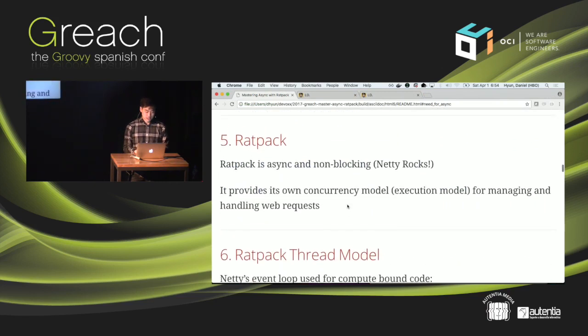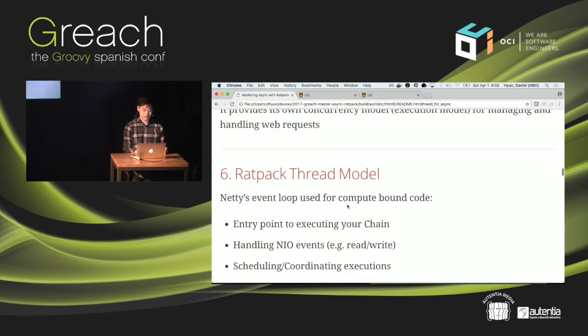So, okay, how does Ratpack help, right? Well, Ratpack is async, non-blocking, blah blah blah. It's built on top of Netty, but Ratpack's real value add here is that it has its own concurrency model. Really, it's the execution model, and the execution model from Ratpack is what separates Ratpack from any other asynchronous web framework that's out there. It's not difficult to make an asynchronous web framework or a non-blocking one. But what is difficult is how do you write your framework in such a way that your users don't end up banging their heads against their desk and regretting their career choice at the end of the day. Or maybe they end up hating their manager for forcing them to use something like that.